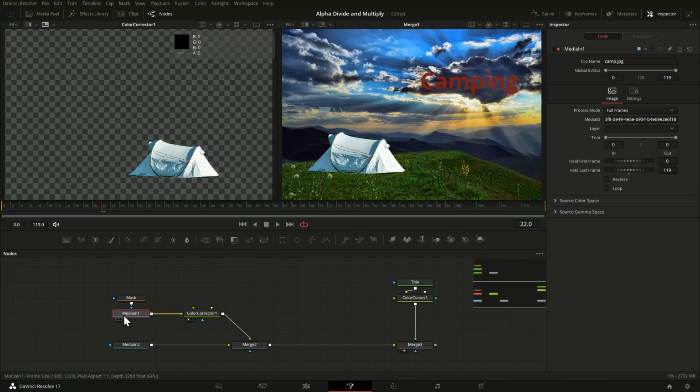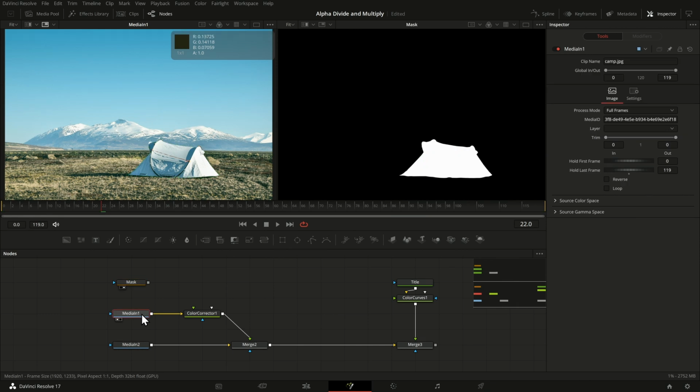But if you want to understand a bit more, then let's have a deeper look at how alpha channels are actually applied to images, how masks are actually applied. So let me go back to the example here from my tent compositing example with the alpha channel and the tent.